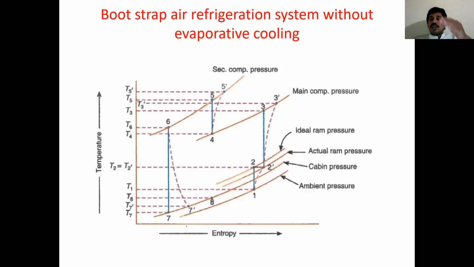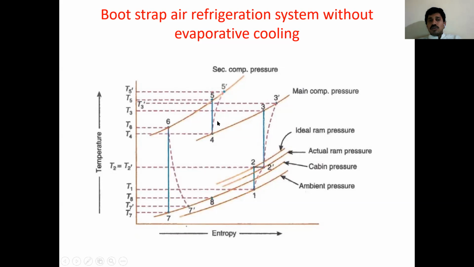After the main compressor, air is moved to the first cooler, first air cooler, 3 dash to 4, where heat is rejected and temperature is dropped. Then air will be moved to the secondary compressor, where in theoretical compression it is isentropic 4 to 5. In actual case, 4 to 5 dash adiabatic compression. Then again that air will be moved to the second cooler, where heat is rejected, 5 dash to 6,